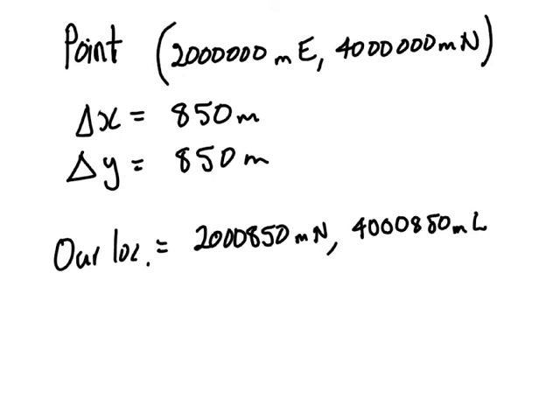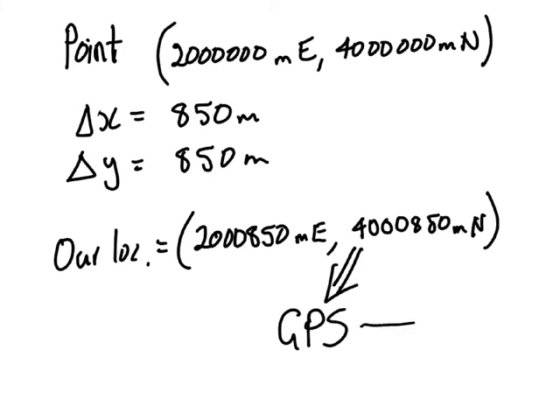Oops. Sorry, that should be east, and this should be north. So now we have a coordinate. We can send that to our friends who can put it into their GPS and find us